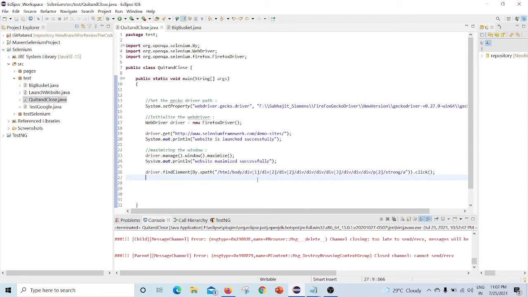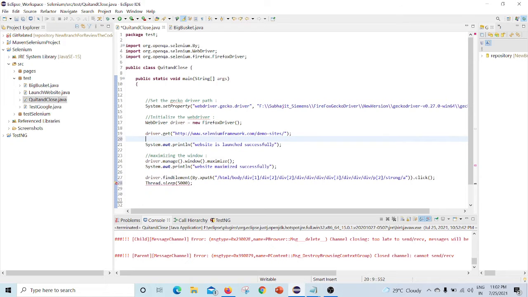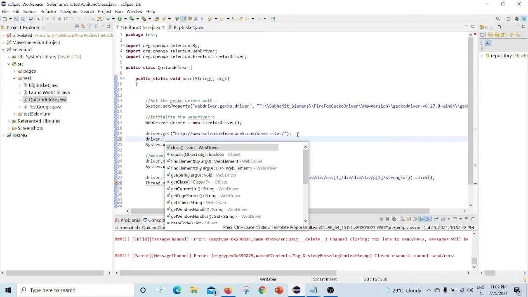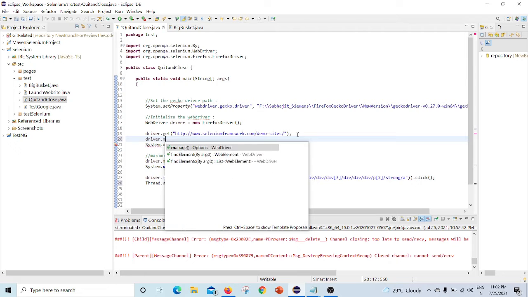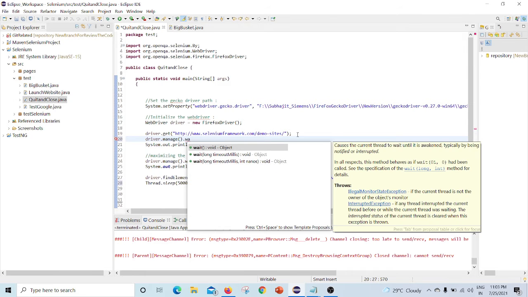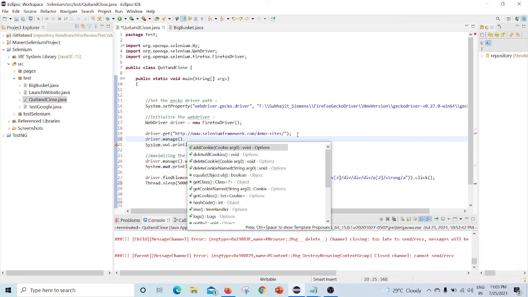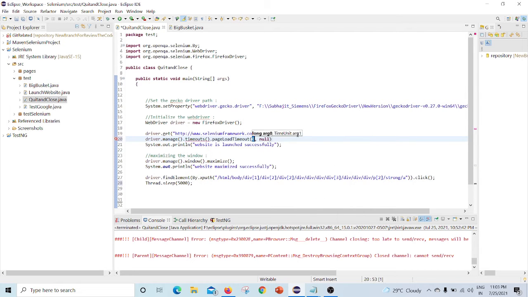After that I have to wait for some time. Suppose I'm giving Thread.sleep of 5 seconds. After loading this demo site I'll give some page load wait time: driver.manage().timeouts().pageLoadTimeout.